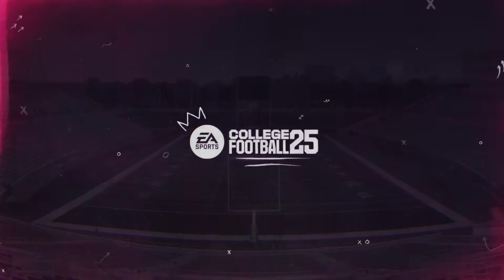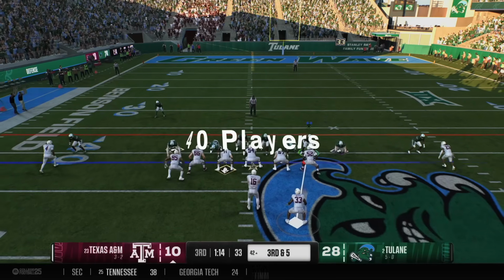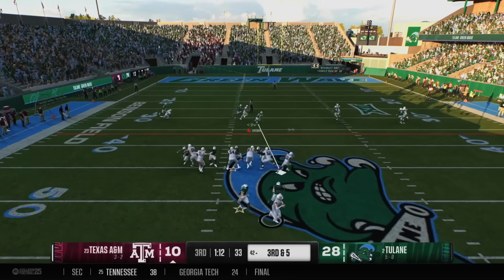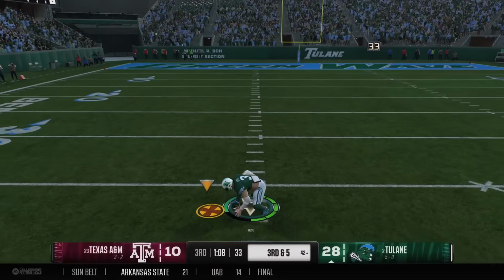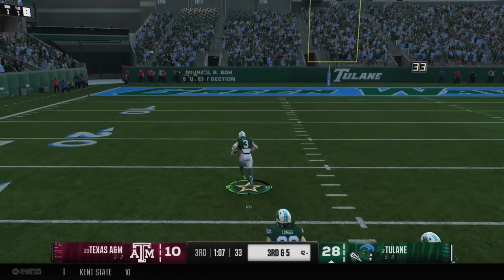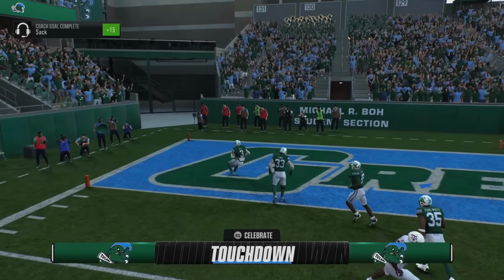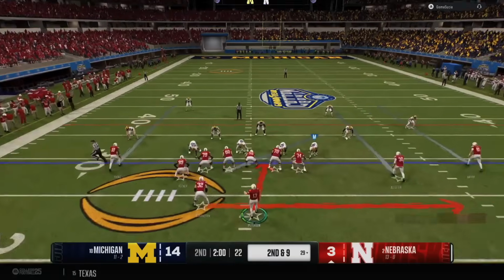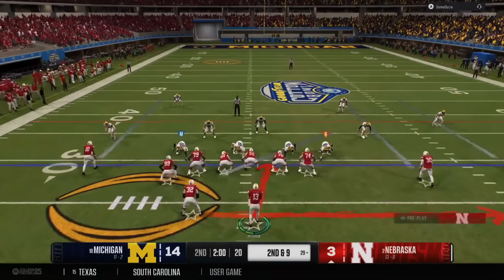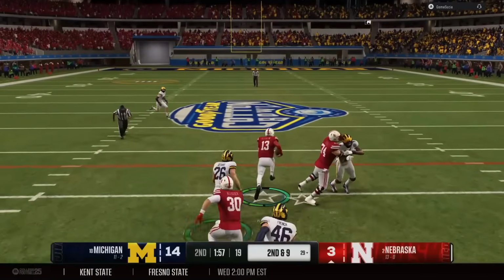year in and year out, you're losing about 40 players. Even if you set your limit to transfer players to just 20 or 30 or whatever it is, that does not take into consideration the seniors that are graduating. So you're not only losing players to the transfer portal, but you're also losing players that are graduating. So basically, you can expect somewhere between 40 to 60% of your roster year in and year out, no matter